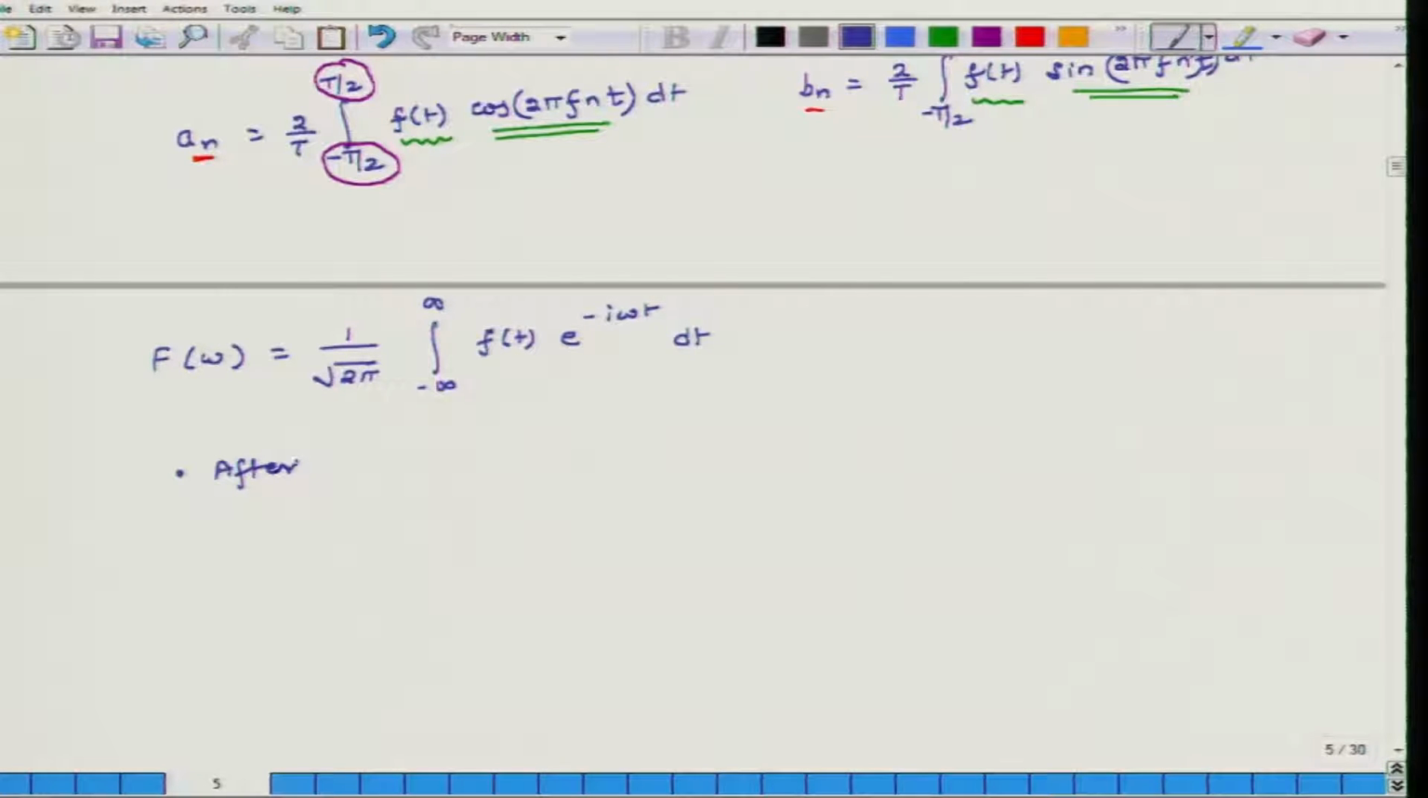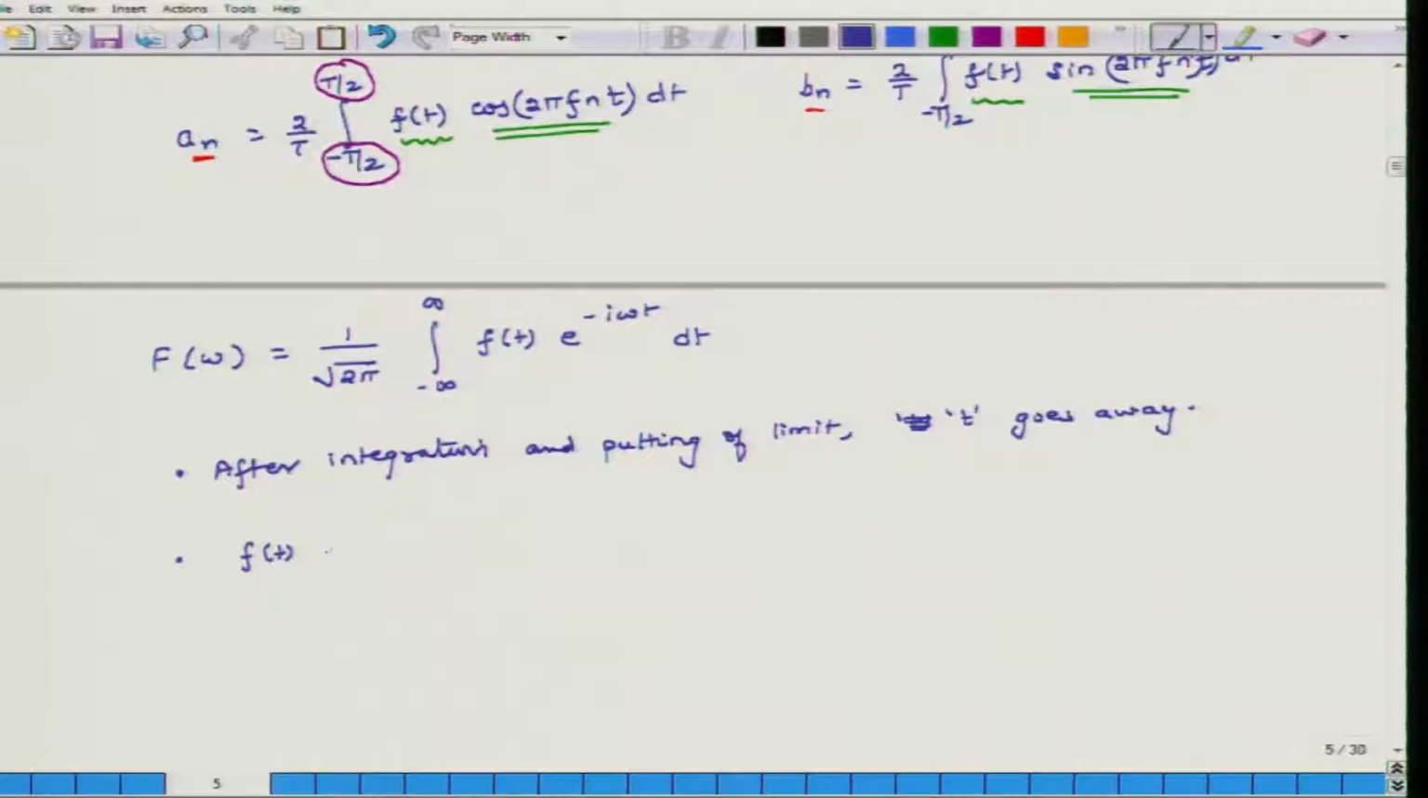After integration, so this is an integration on time, and once we put in the limits on the time, after integration and putting in the limits, the parameter t goes away. So we are left only with an expression in omega. So that is one. Second,